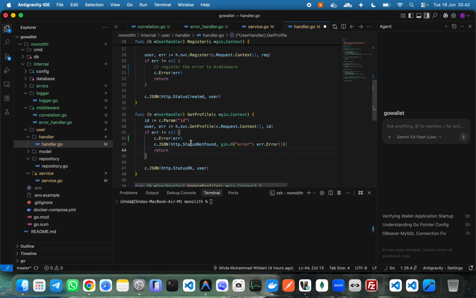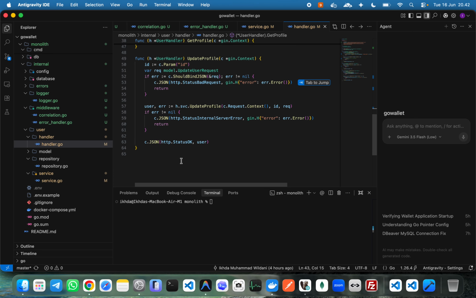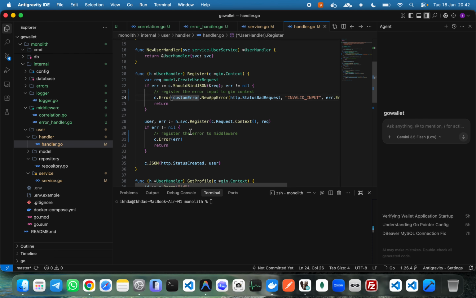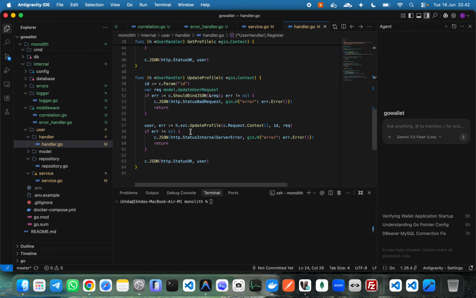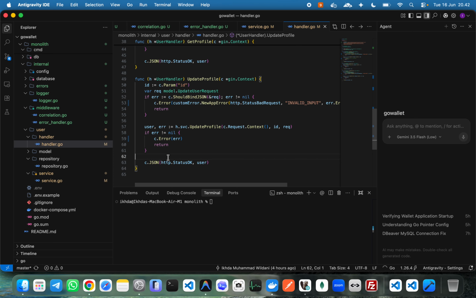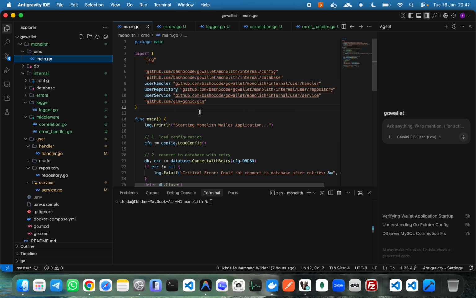Okay, update profile should be same thing like this, should be in JSON, also invalid input, but this one should be like this. Okay, and then the last thing, we update the main.go,